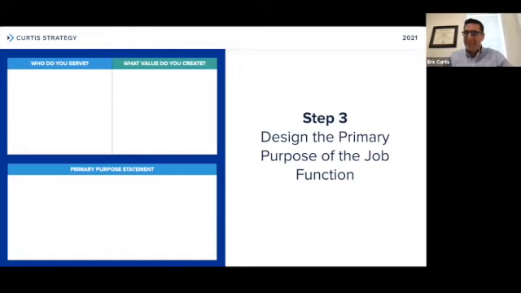We need something to contextually glue everything together, right? If you think of when you do strategic planning, or when your board first got together to create your organization, they needed a mission statement, right? They needed something to glue everything together so that we would ensure some guardrails. Well, we're going to do the same thing with a job post, is we're going to create a primary purpose